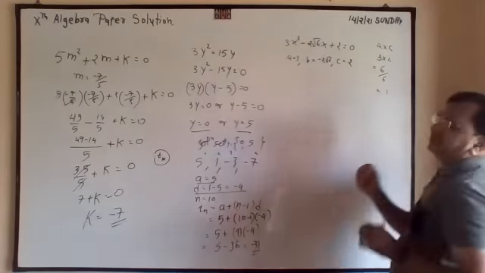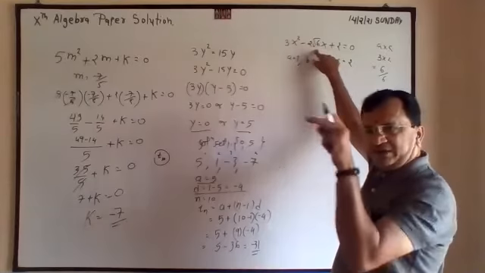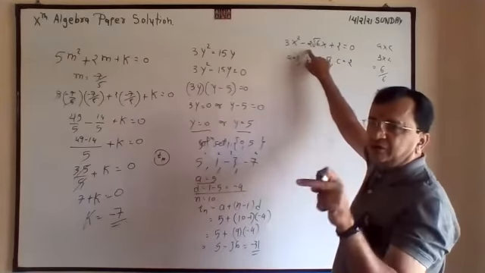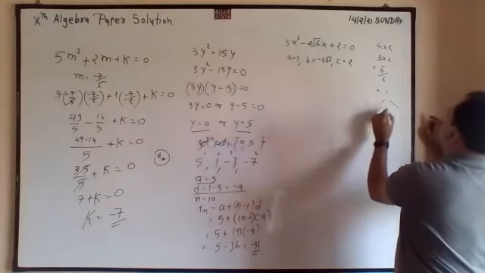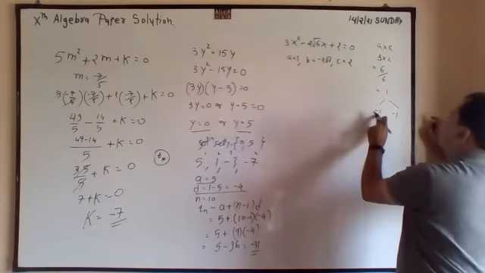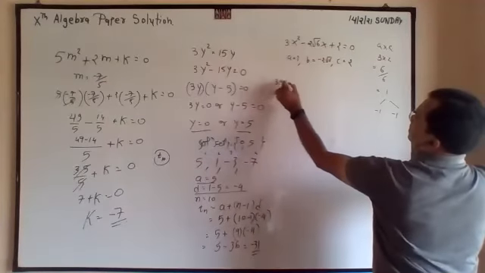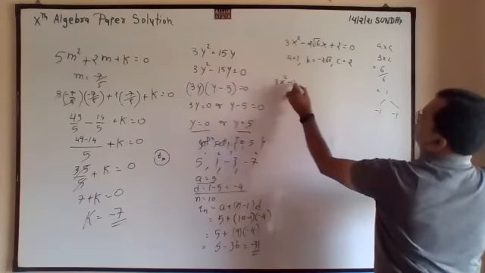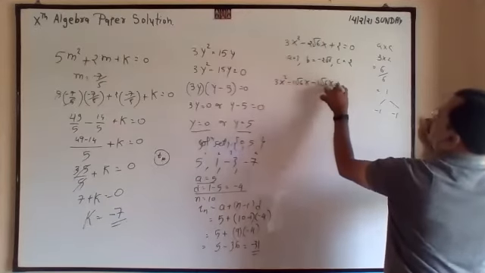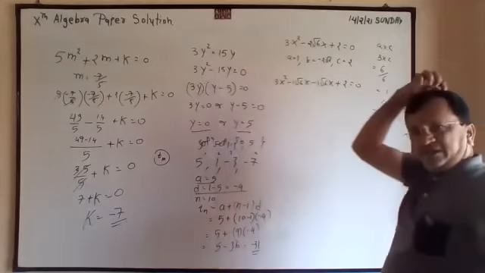So under root 6 you have to divide. Whatever answer you get, from that you have to get the outside number. So you want 2: minus 1 into minus 1 is plus 1, and minus 1 plus minus 1 is minus 2. So it is 3x square minus 1 root 6x minus 1 root 6x plus 2 is equal to 0. Now you can see, correct?